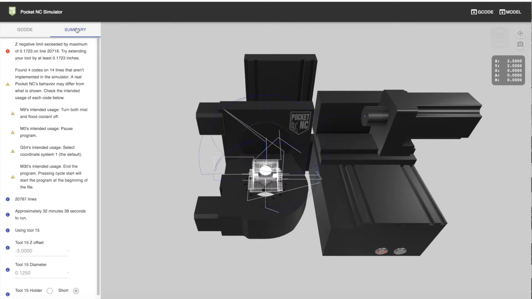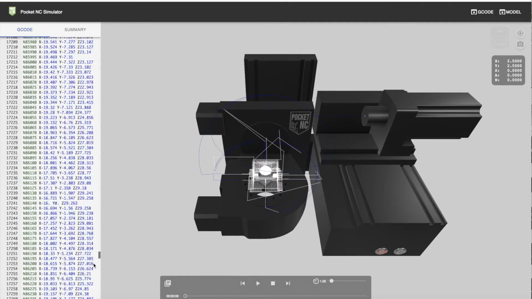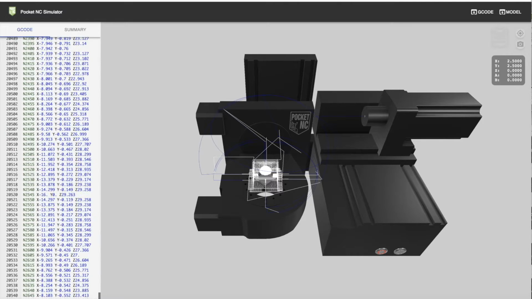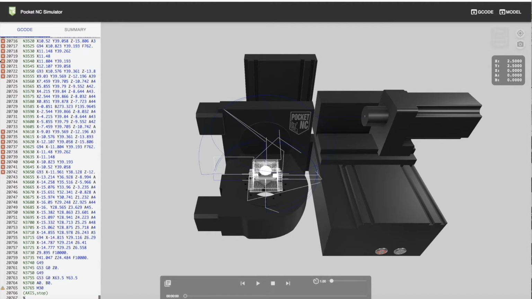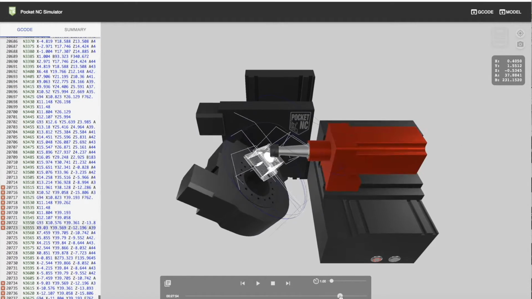As we navigate over to the summary pane, we'll see an error pop up here around line 21,000. And since the program is around 21,000 lines, the error is towards the end. So we'll go over to the Gcode and scroll down to the bottom. When there is an error in the code, a red X displays in the column to the left of the Gcode. When there is an error in the simulation, the machine will turn red as it plays through the error